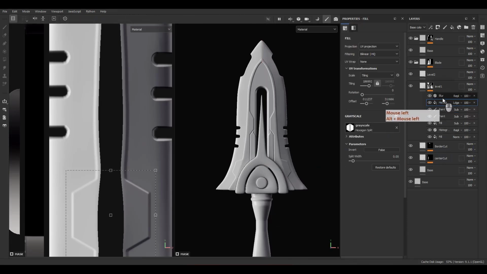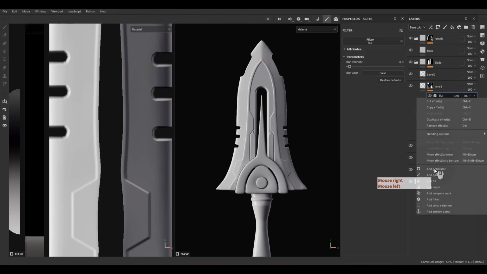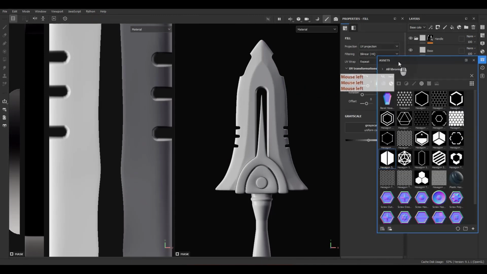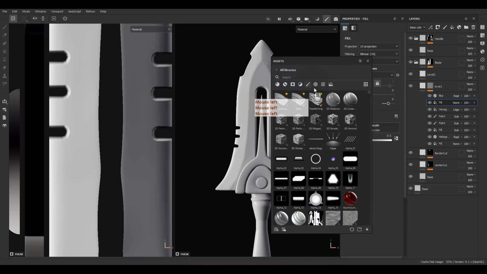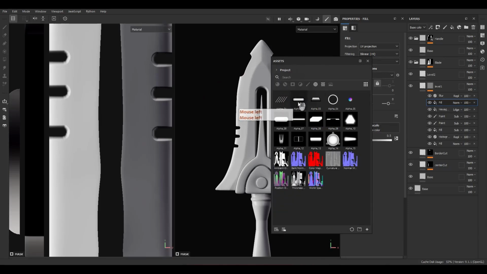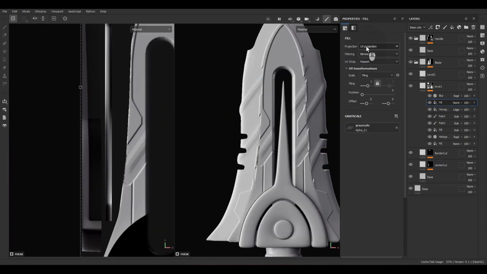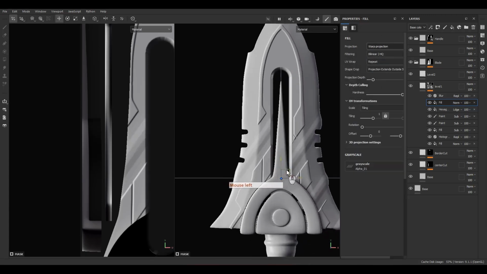I'm going to add another fill layer, and I want to use the alpha that I imported inside the painter. I can come over here and go to the project, and yeah, I'm going to use alpha number 1,